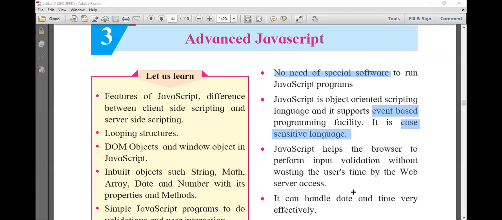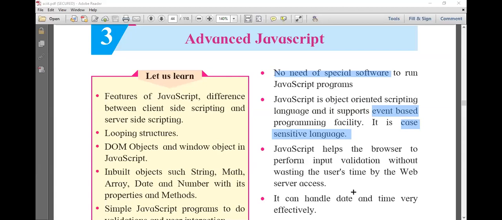Because see, when you are filling a form, if you fill in the wrong information and click on the submit button, then the wrong information will be transferred to the server. So the server will store the wrong information. So before clicking on submit, JavaScript has to denote the error which you have made in your form filling.